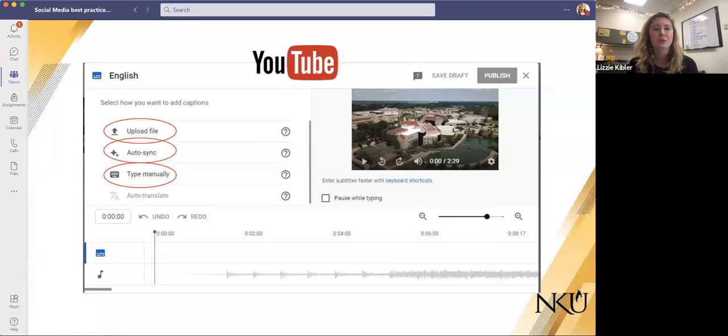When I've had to do closed captioning for Zoom videos, Zoom will give you a transcript when you go to download it. That one's not always accurate either. So the way I've done it is I'll put it in a Word doc and kind of go through and find and replace words that I know have been messed up in the past, and then just copy and paste it into the type manually section. But any way that you find that works easiest for you.